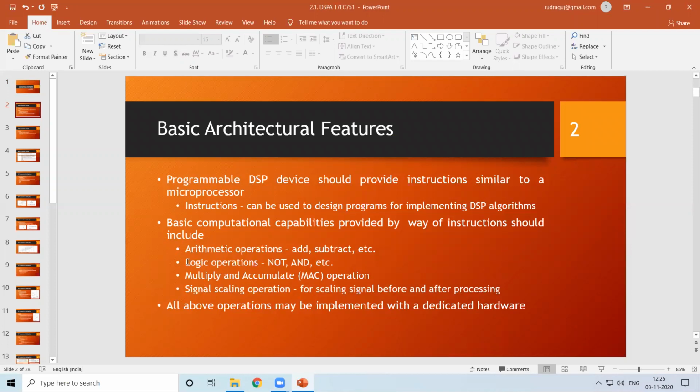Then, in order to speed up the process, which is the difference between your regular microprocessor and the DSP processor, DSP needs to be fast enough as compared to your microprocessor. So, in order to cater to this, a few other basic features have to be added. For example, one such structure is the multiply and accumulate operation. Apart from that, we saw yesterday that the Braun multiplier also can be utilized, which is a kind of parallel multiplier. Then, there might be a requirement for scaling of the signals.